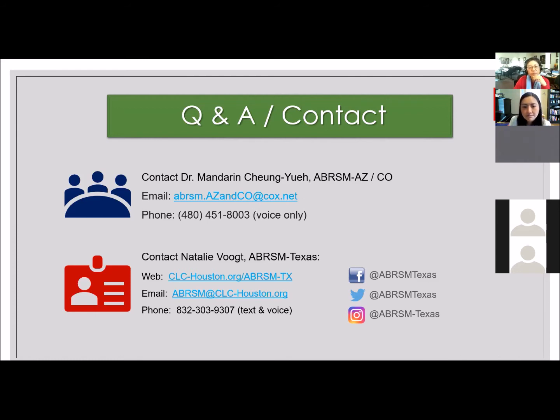Yes, and if I can supplement on that as well, earlier on I mentioned that there is a link on the website that we have provided, that you can actually click on the sample exam that looks exactly like it does online, and the student can take that sample exam as a trial run, even before they register for the exam. That's available on the ABRSM website. So like Natalie pointed out, it's really getting used to the format, how it looks, and how you have to manipulate the movement on the screen in order to answer the questions.